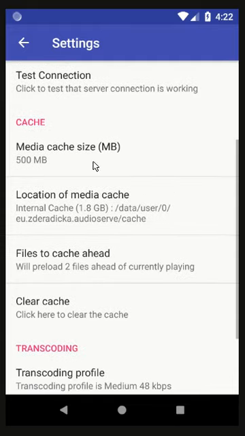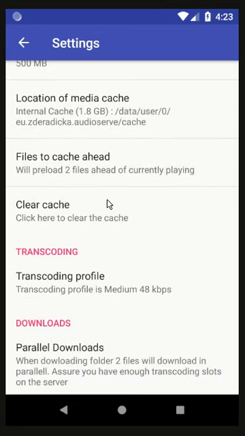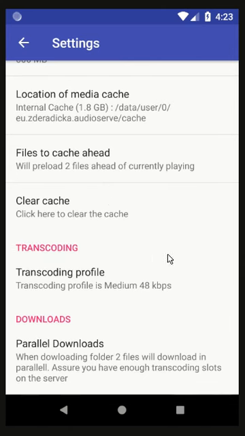and if the connection is working, we can set other preferences, which are the size of the cache, the location of the cache, the number of files to preload, and also transcoding. Transcoding is a way to encode the audio on the fly into a smaller profile. We use Opus, a very good codec, especially for audiobooks, and we can achieve much smaller sizes to save the